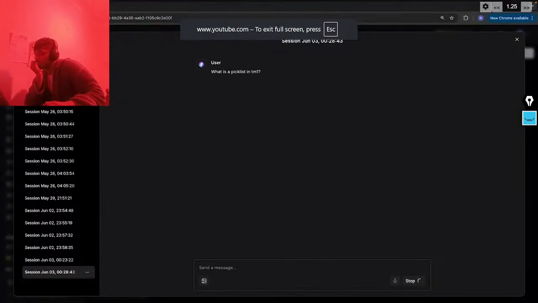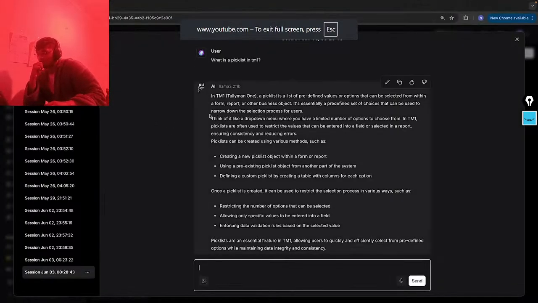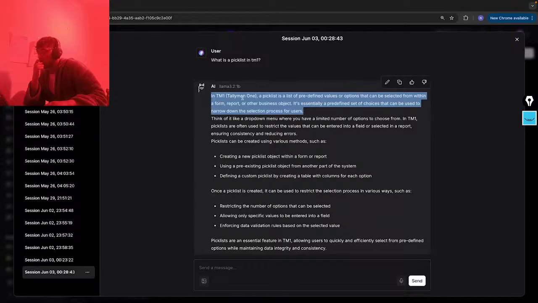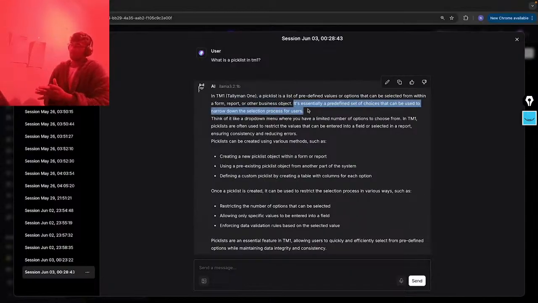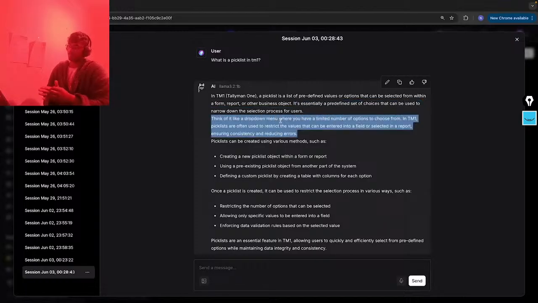In TM1. If we go and run that, we've got a set of responses. So in TM1, a pick list is a set of predefined values or options that can be selected from within a form, report, or other business object. It's essentially a predefined set of choices that can be used to narrow down a selection. This actually isn't too bad. In TM1, pick lists are often used to restrict